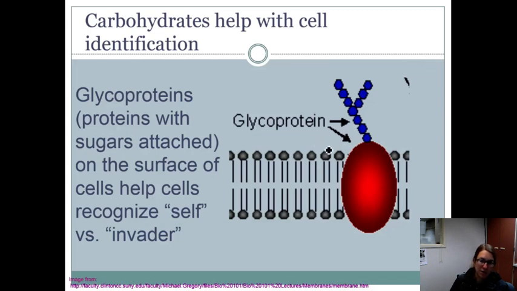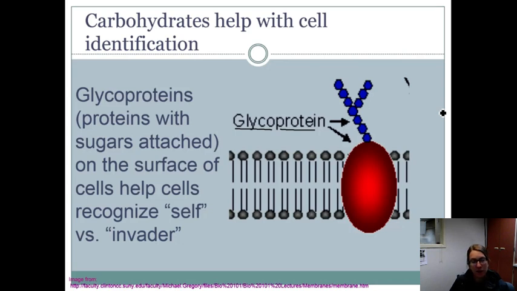So we have these things called glycoproteins on the outside of our cells, and they're a protein attached to a chain of glucoses usually. Glyco is the old name for glucose, and it's attached to a protein. You can see right here that this one looks like a chain of glucoses in a Y shape coming off the outside of that cell, but people have different shapes of glucose chains coming off of their cells, different shapes of glycoproteins. And your immune system recognizes the specific glycoproteins that you are supposed to have,